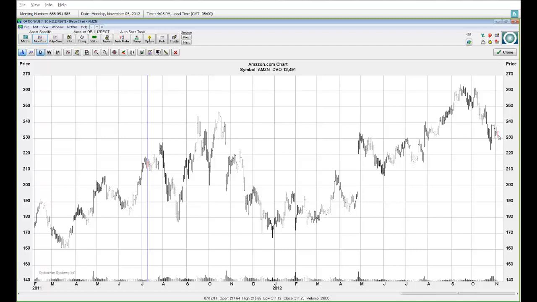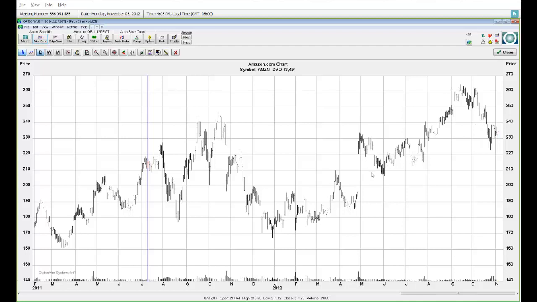Today, what happened is the market in Amazon stock opened a little bit lower, let's call it 230, and then it closed a little bit higher. See that little hash mark to the right there? That's where the price closed today. Want to know where it opened? If you look very closely at this line, you'll see there's a little hash mark right here to the left, right about there. Let me move my mouse. Right there. It opened a little bit down, it went lower, and it closed higher.